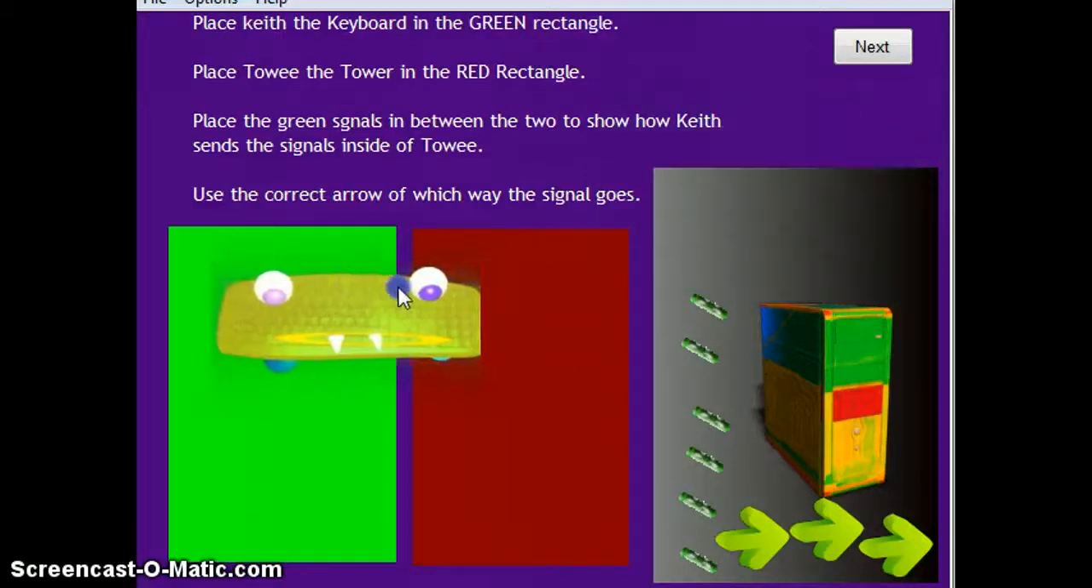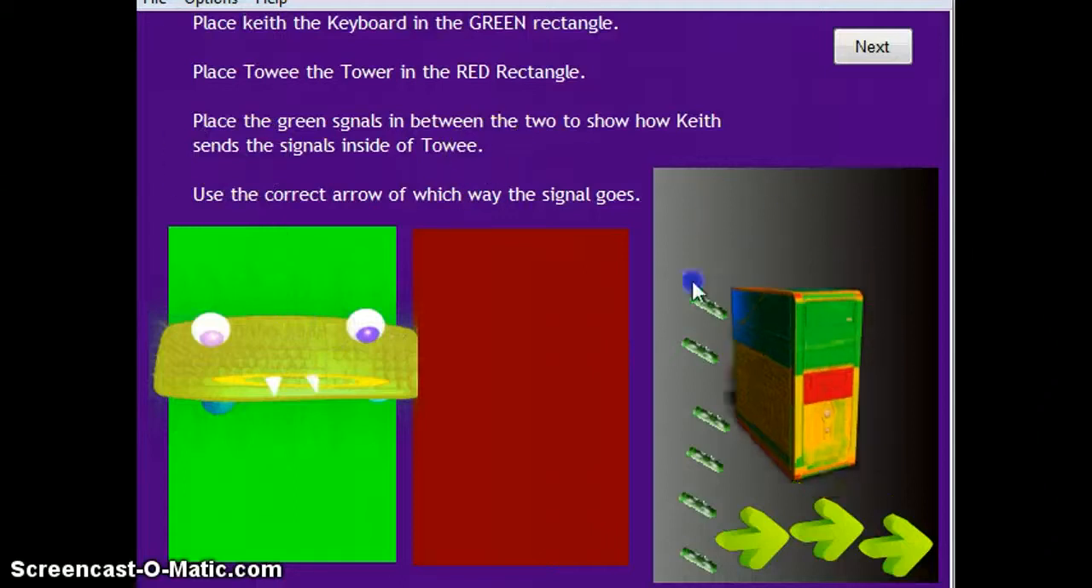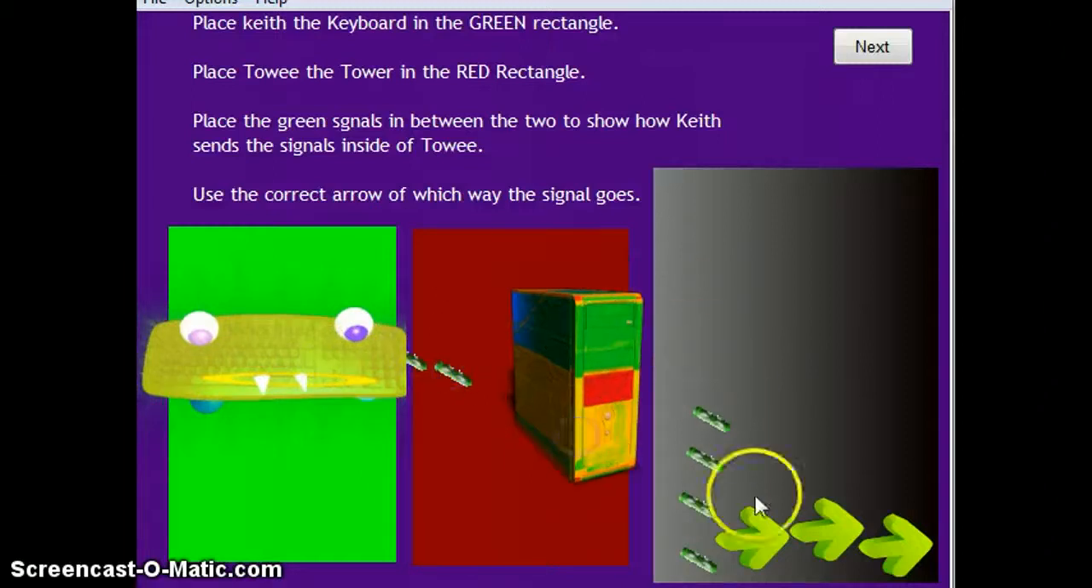So we have Keith the keyboard that has to be placed in a green rectangle. We have Towie the tower that needs to be placed in the red rectangle. And these over here are the draggable signals that can be placed in between Keith the keyboard and Towie the tower. Once you place the signals, to further reinforce the concept, to make sure it's known that it's Keith the keyboard sending Towie the tower the signals rather than Towie the tower sending Keith the keyboard the green input signals,